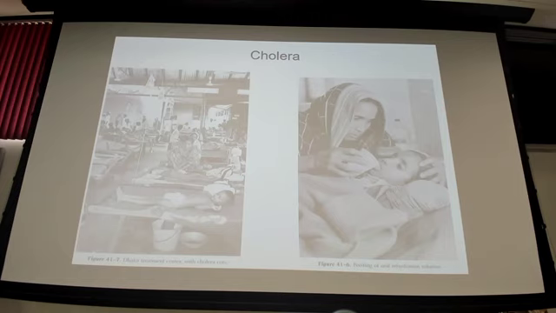Here we see a couple images. I believe these are out of Bangladesh. This is in Dhaka. On the left, we have a cholera ward. So this is probably like an outbreak situation where a bunch of people have been infected, and they set up a cholera ward. Rows of patients, lots of children, classic cholera cots set up, cholera cots that have circle cut